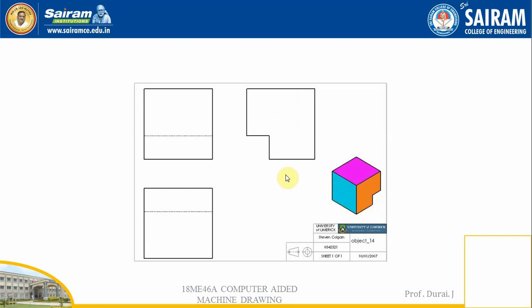Here the 3D drawing is given. The front view looks like a square, and here also it is shown as a square. In the front view we can see only the side edges, so that is what is drawn. But this cutout edge we cannot view from the front, so it lies behind the front view, and we have to draw it as a dotted line. Whichever parts, edges or corners are invisible in the drawing, we draw as dotted lines.